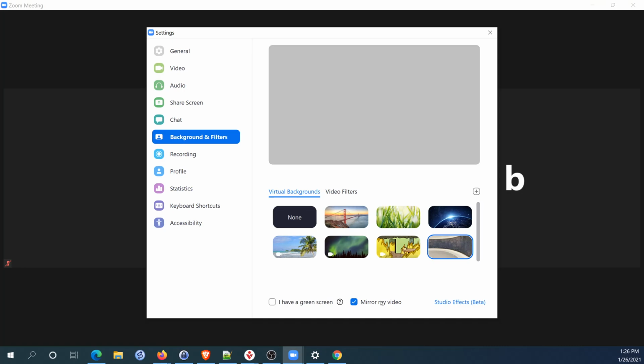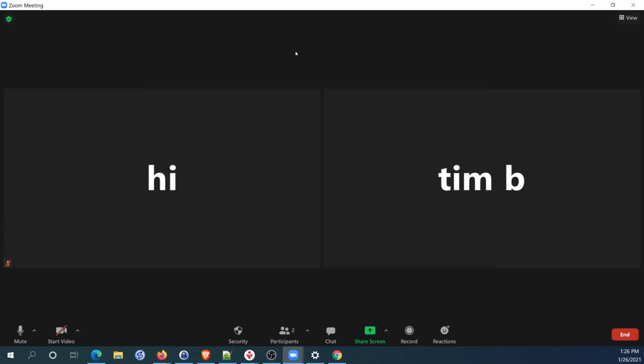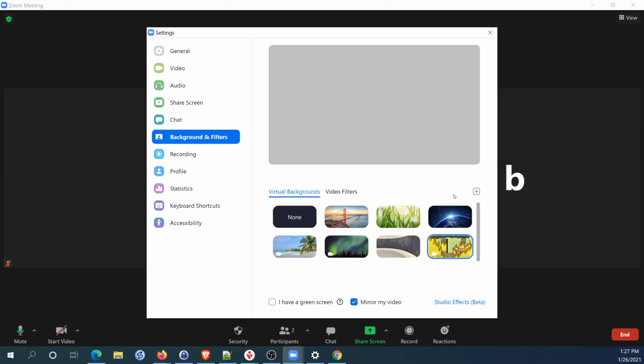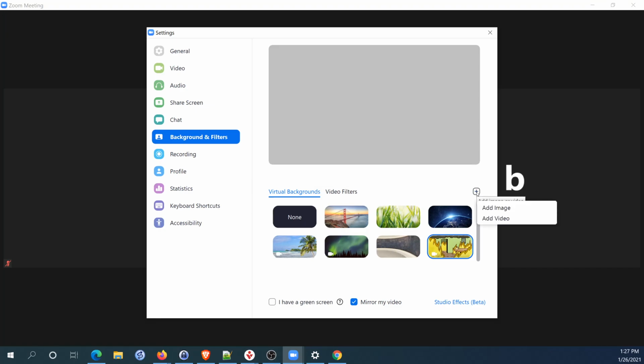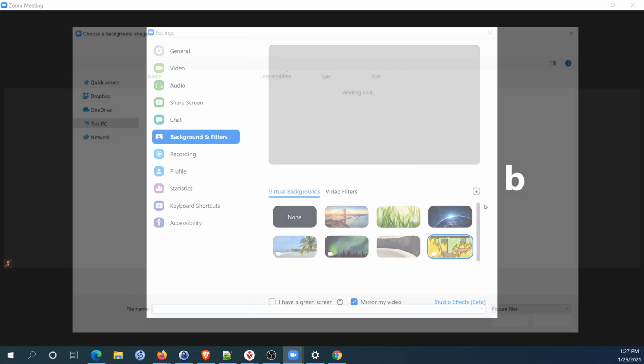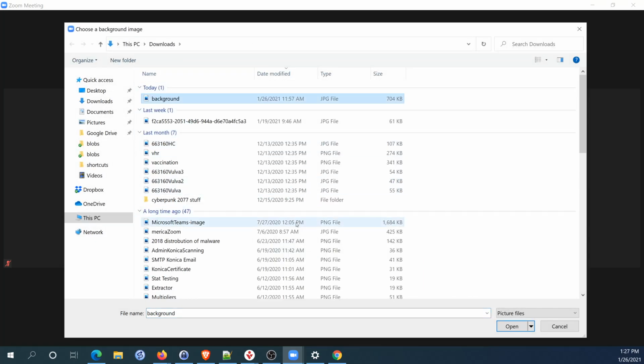And how did I get to this screen I'm on now in order to select a background? Great question. We'll go right back and show you how to do that. So again, start video. On the bottom left, there's a little up arrow. I will click on that and I will choose the selection that says choose virtual background. And then if I wanted to add a new background, I would go to the right-hand side where there's a little plus button, hit that, click on Add Image,